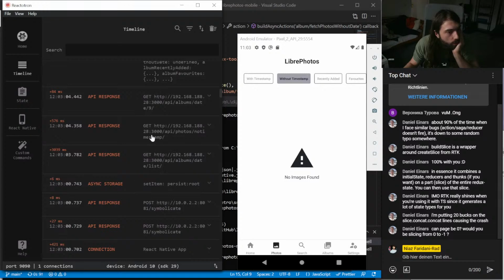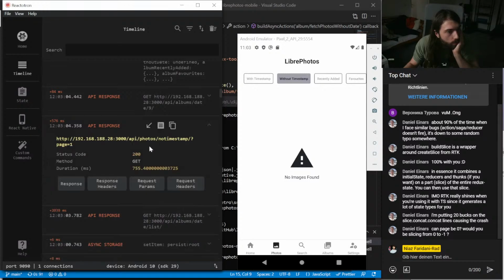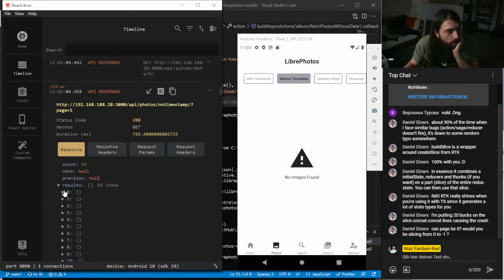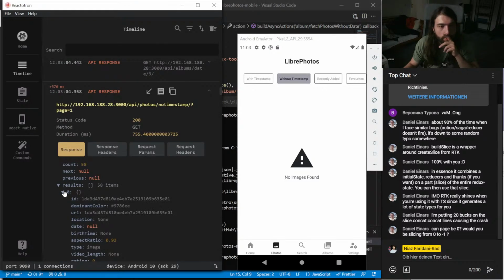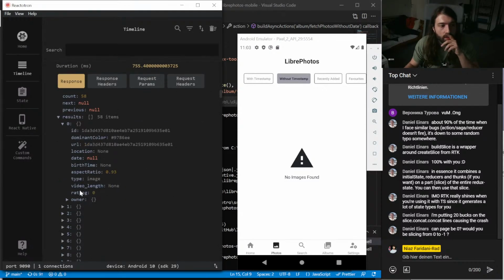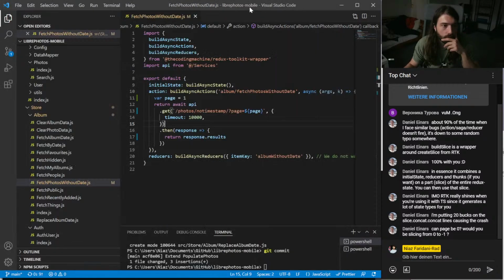Here we go, response, and we have a couple of elements. So technically it should now show images, but it doesn't. And now we have to investigate that.